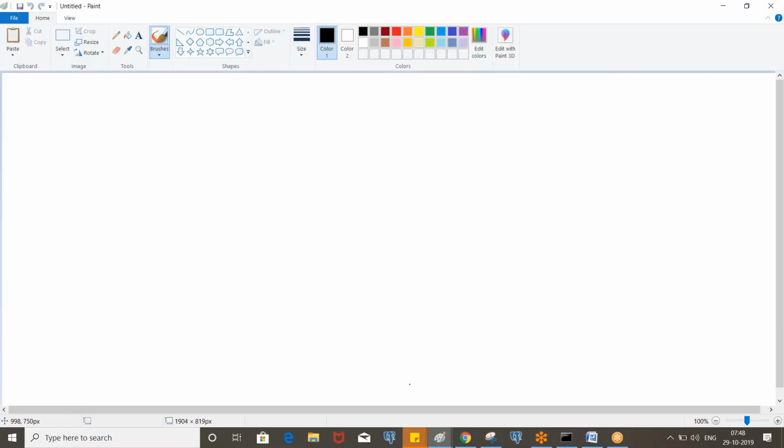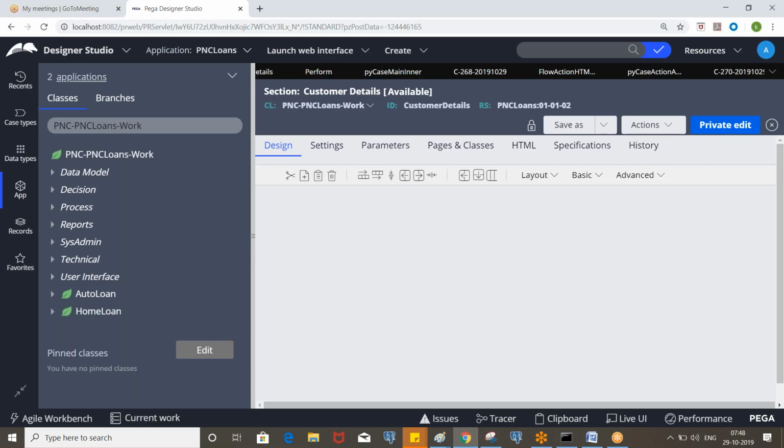The flow which creates the work item, we usually call it a process flow, or sometimes a starter flow. We created three different flows: auto loan, home loan, and customer details. Whenever you execute those flows which create the work item, these are called process flows or starter flows. If you want to call one flow in another flow, we use the sub process shape.